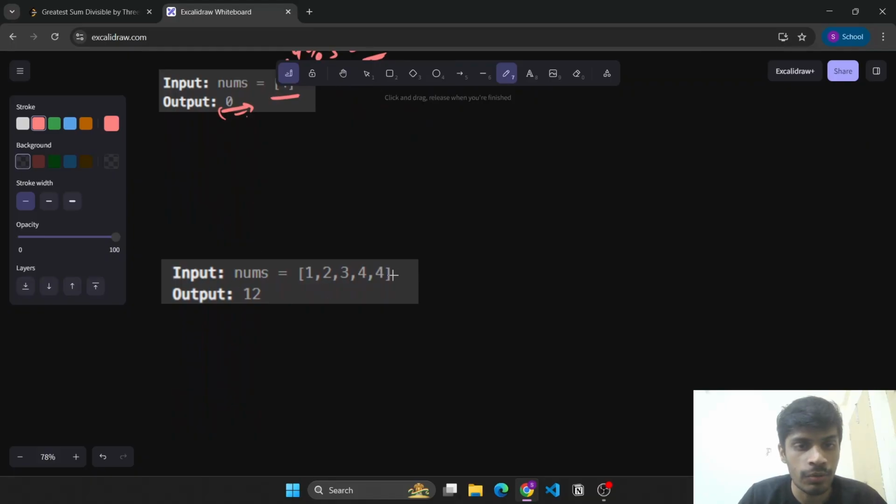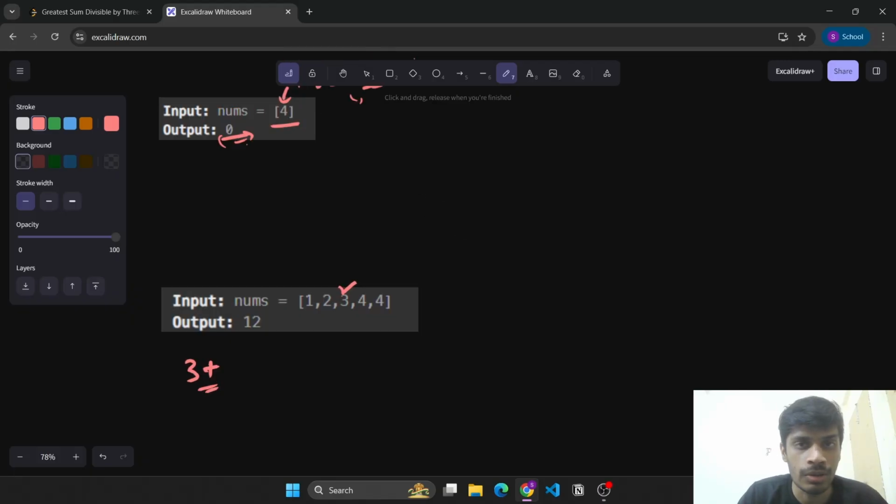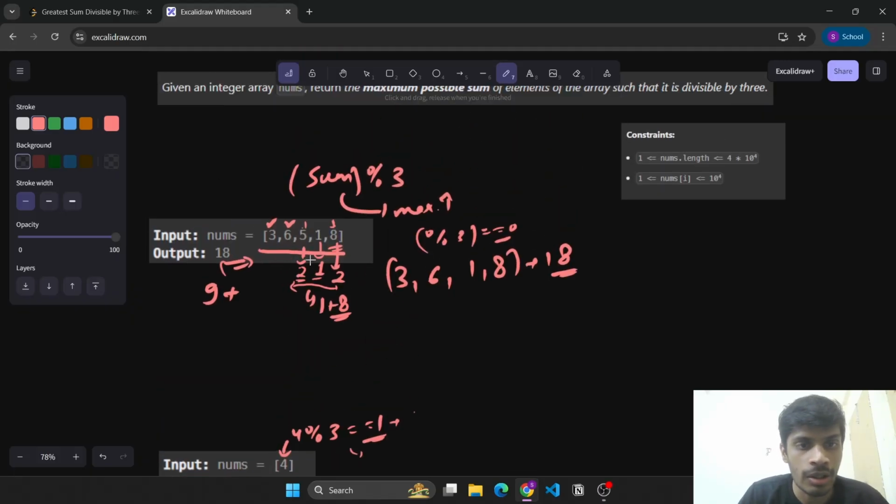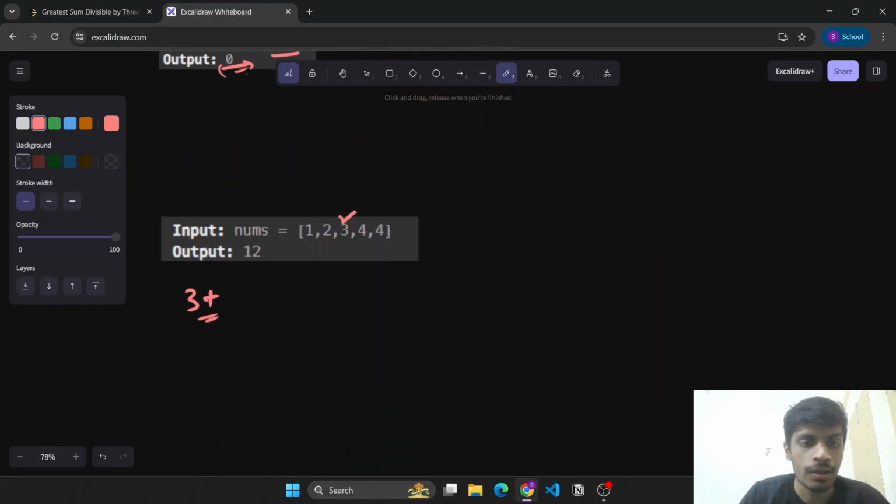So here we have 1 2 3 4 4. As you can see we have 3 which is divisible by 3, so we'll definitely choose this. So we have already chosen 3. Now we need to choose some more elements such that the sum of remainders of those elements will still be divisible by 3, right? So here the remainder is 1, here the remainder is 2, here the remainder is 1, and here the remainder is 1. Now we need to make the sum of remainders as 3. So what we can do here is either pick 1, 1 and 1, or